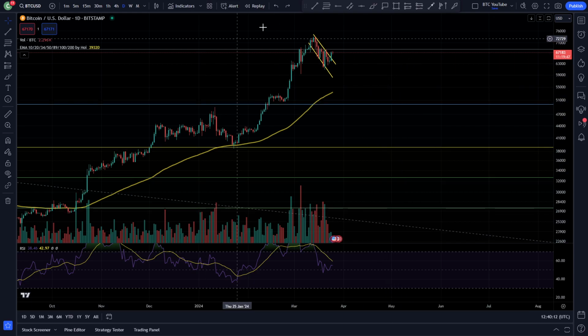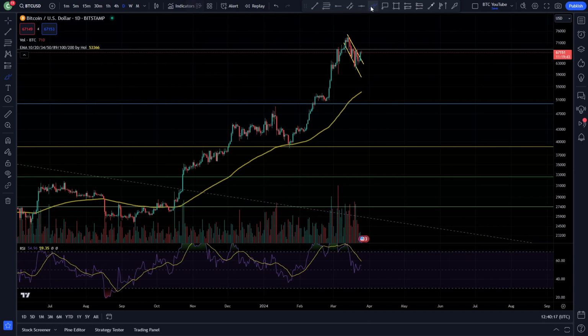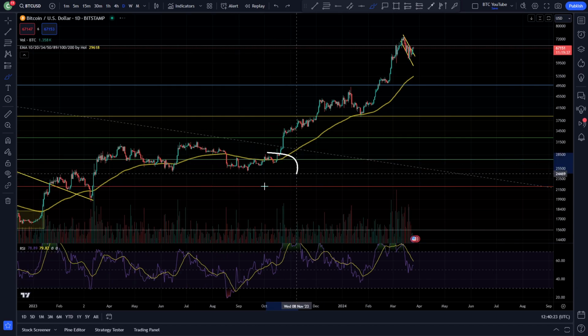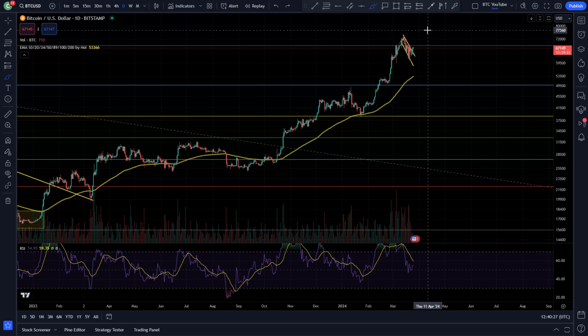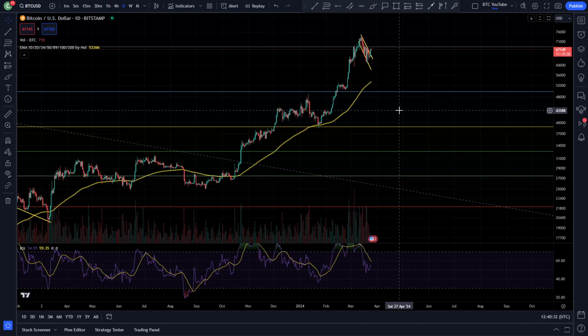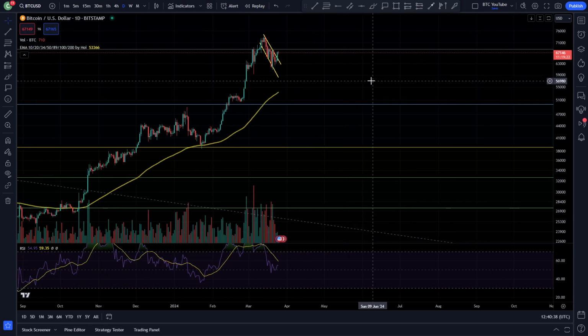And without further ado, we'll take a look at the charts here on the daily time frame. As you can see, we have essentially just been moving up in a massive run for Bitcoin ever since we came down, back tested into that area down here really. Moving way up through all of our Fibonacci levels. Massive run that we've had essentially in the past 6 or 7 months now. Just a huge move from around 26, 27k all the way up to around 74, 75k at the high,